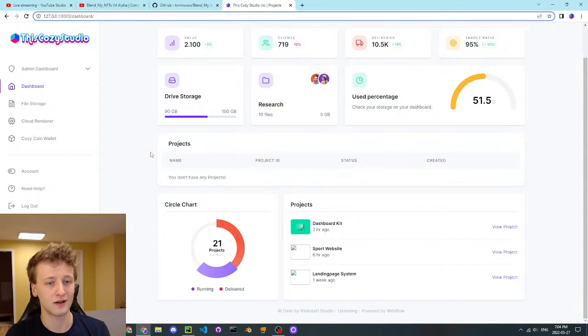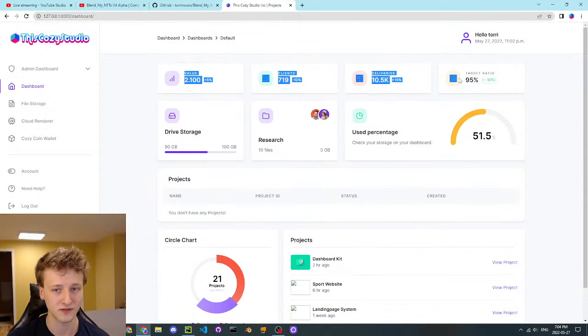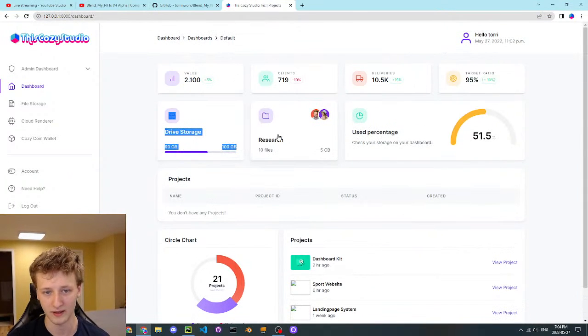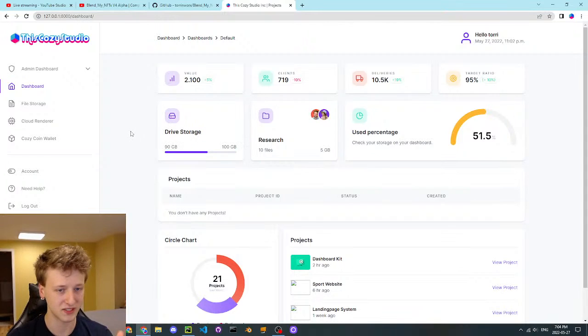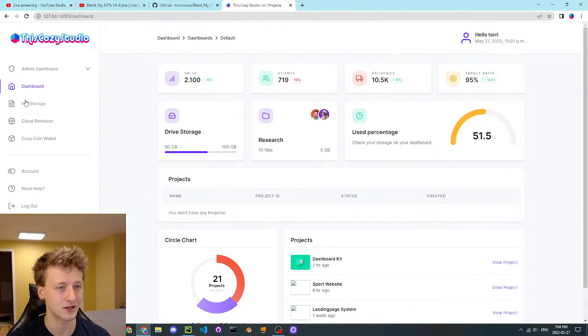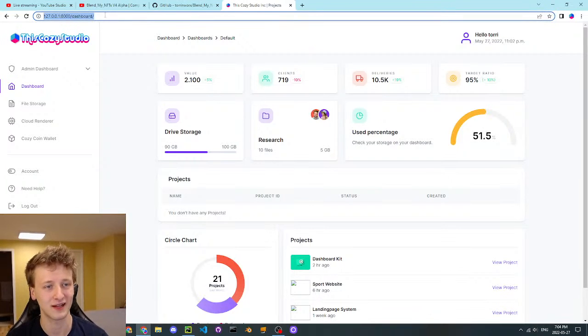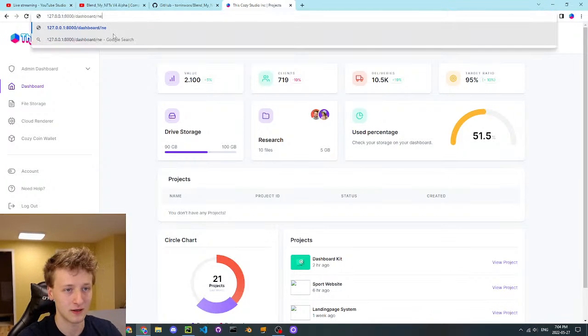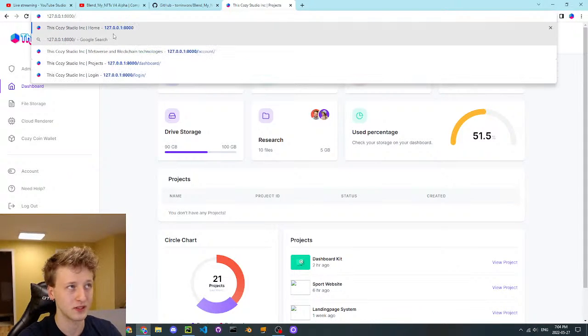So all this stuff right here is just filler, and will be changed soon. It's just basic CSS stuff. The only thing that you need to pay attention to, if you're interested, is just this project stuff. That's the only thing that really works. I shouldn't say works, that's the only thing that's been customized. So if we go to, I forget what the